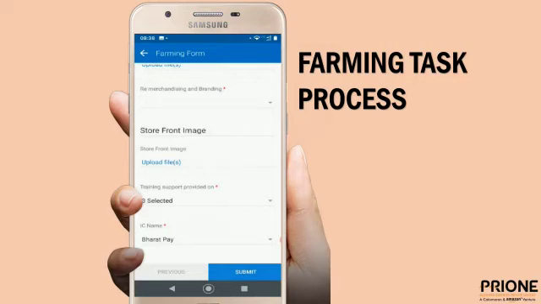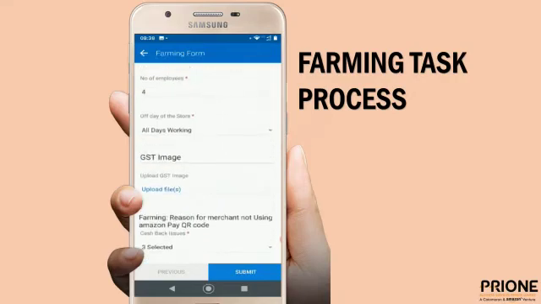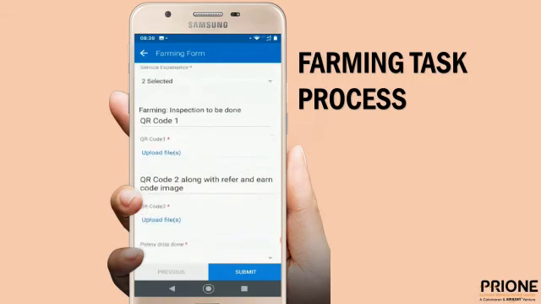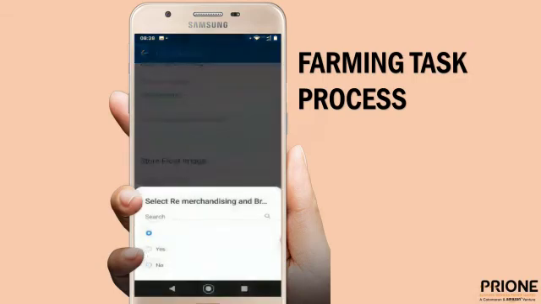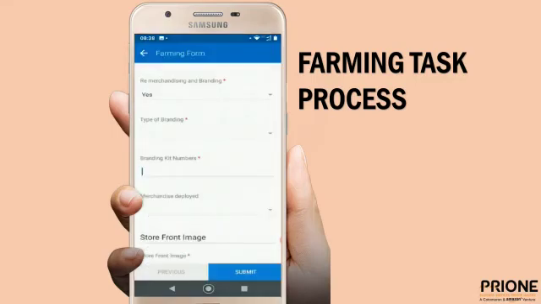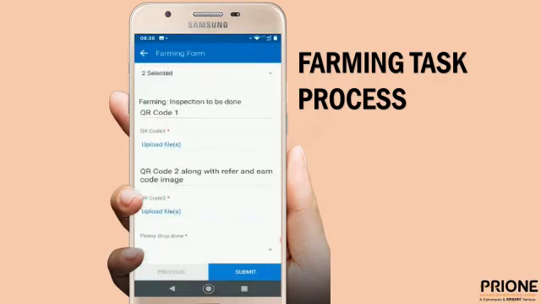Now we will see if the merchant is not interested. You went to the merchant and he is not interested in the farming. So what you need to do is go to status and select not interested. Please follow the video, we will be seeing that.